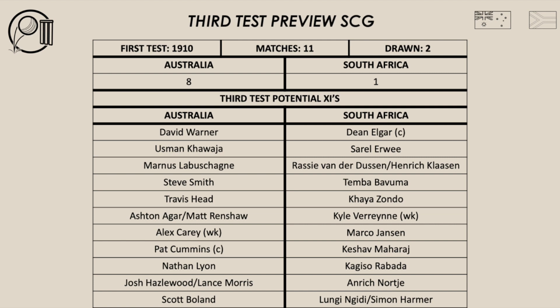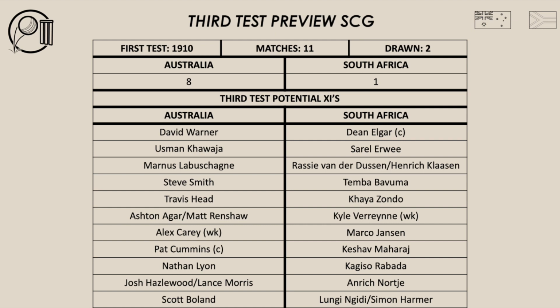Let's have a look at South Africa's potential 11 for the third test of this series at the SCG against Australia. And I think South Africa will make 2 changes to their 11 for the third test at the SCG. Now, seeing that the SCG may take a bit of turn and some spin, I think South Africa may be tempted to play 2 spinners, just like Australia will be as well. South Africa do have Simon Harmer, who's the other spinner in the squad. So he could potentially partner Maharaj as the spin attack for the 2 spinners here at the SCG,